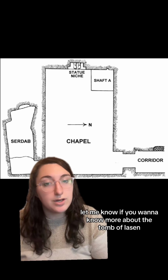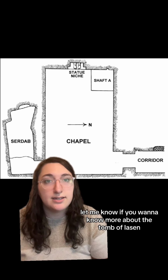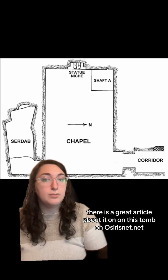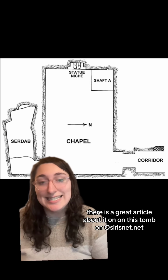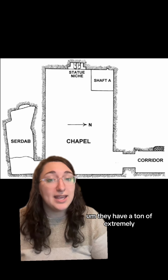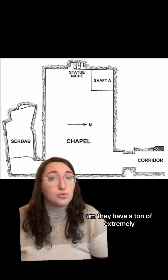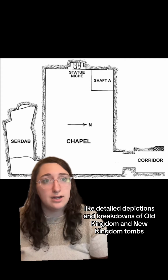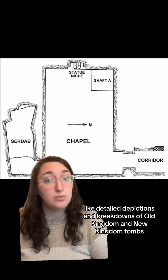Let me know if you want to know more about the tomb of Iasen. There is a great article about this tomb on osirisnet.net. If you don't know about that website, you are absolutely missing out. They have a ton of extremely detailed depictions and breakdowns of Old Kingdom and New Kingdom tombs with tons and